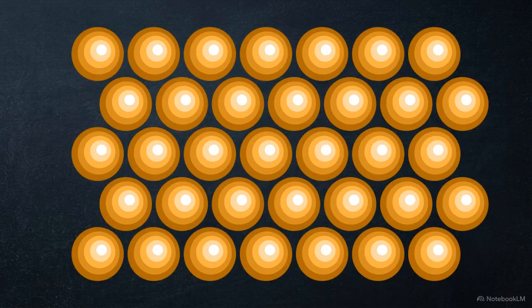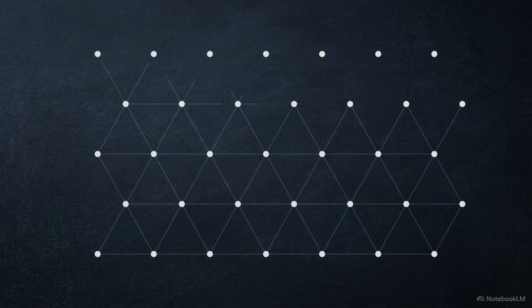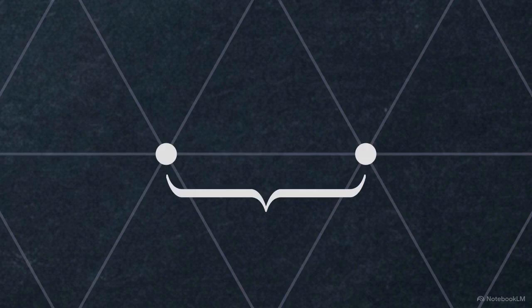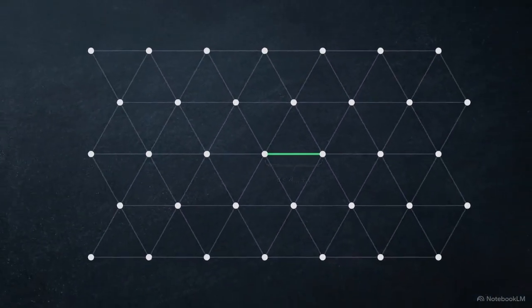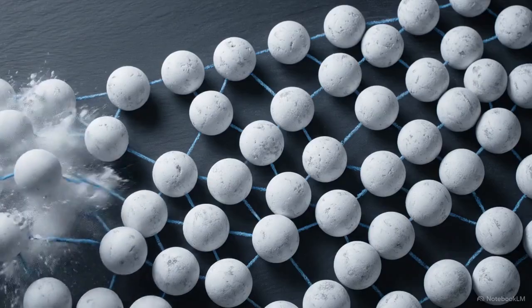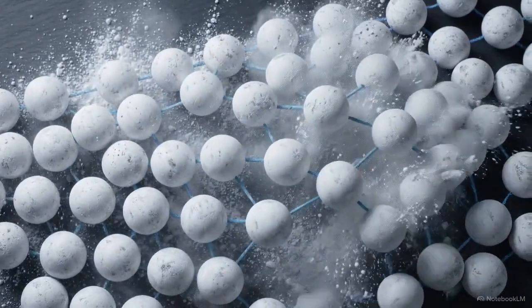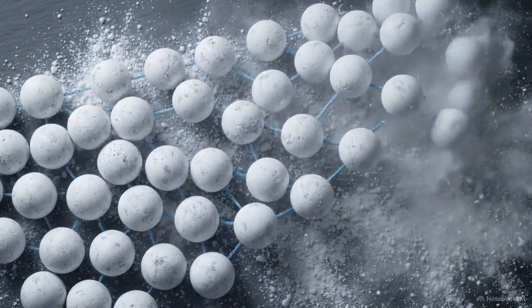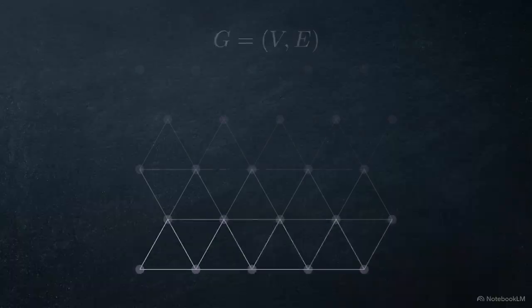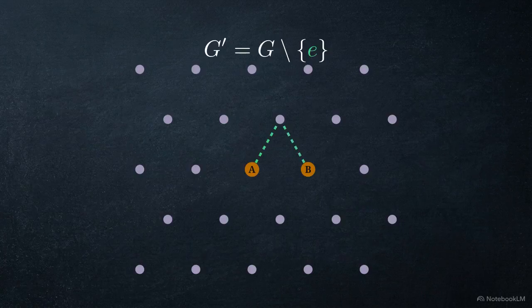The process begins by mapping a continuous 3D atomic lattice into a coordinate framework of floating nodes. In this graph, individual atoms are nodes, and nearest neighbor chemical bonds are established as connecting edges based on a strict distance threshold. When a crystal undergoes plastic deformation, a dislocation moves through the lattice. This requires breaking an existing bond and immediately forming a new one. This physical bond breaking is mathematically equivalent to deleting an edge within the graph network.